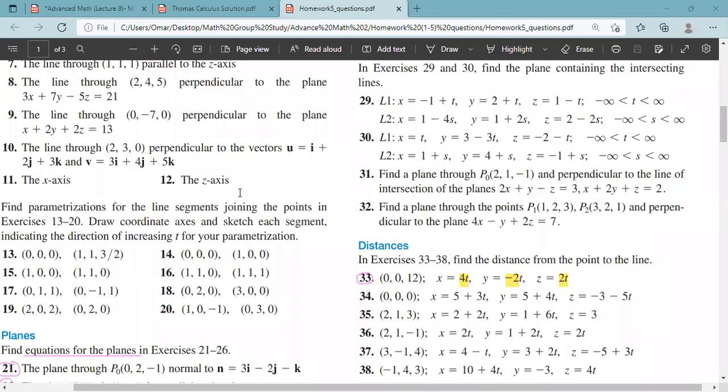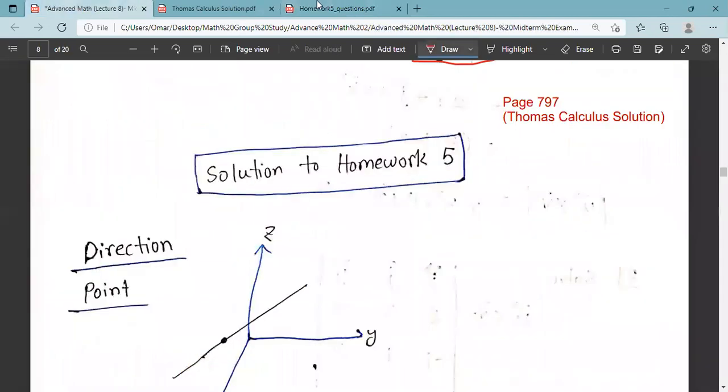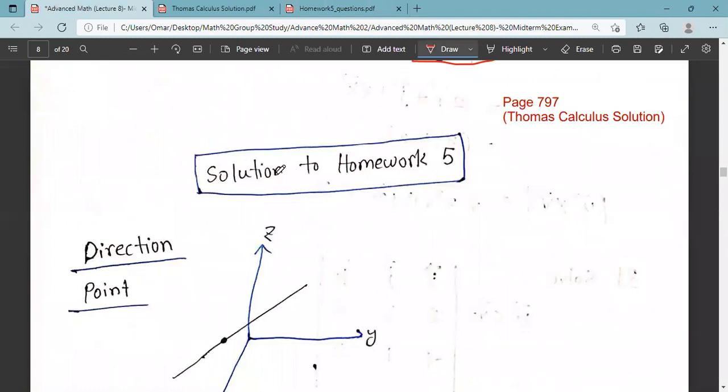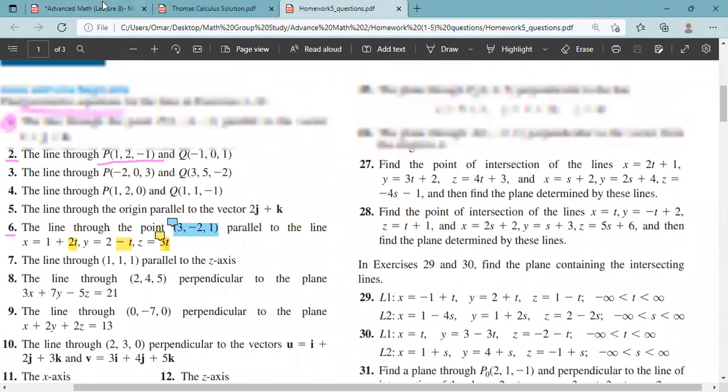So now we are going to explain homework 5 of advanced mathematics in the second semester. Solution to homework 5. So the first question here, this is